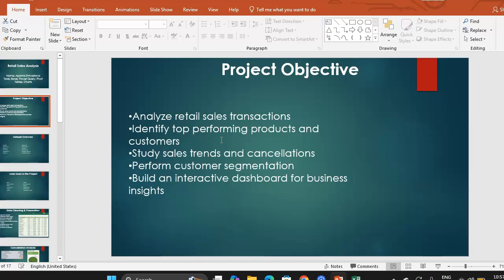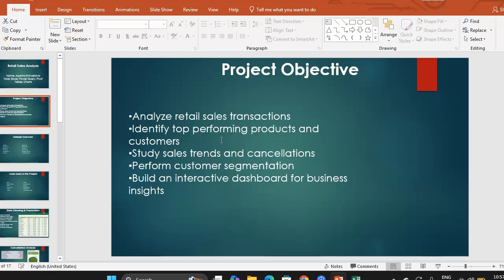Project objective and business problem. Before starting any analysis, it is important to understand the business problem. Retail companies generate thousands of transactions every day. Without proper analysis, it becomes difficult to understand which products perform well, which customers generate maximum revenue, and what factors